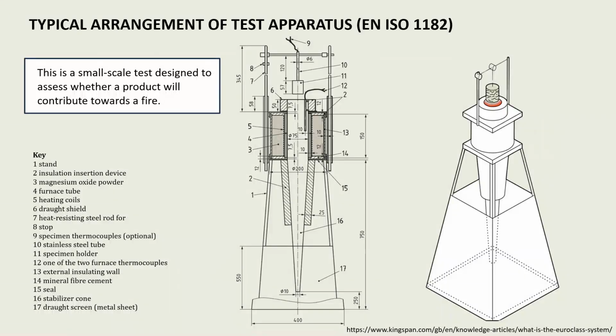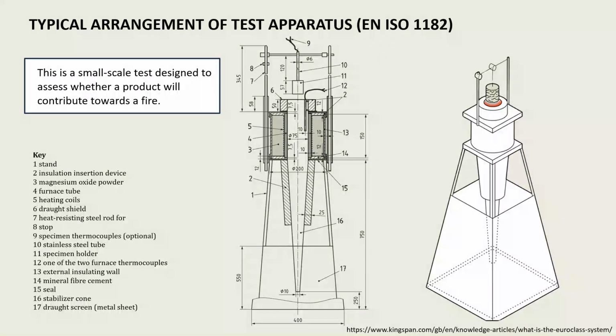The EN ISO 1182 test apparatus is carefully designed to provide accurate and consistent assessment of a material's non-combustibility. By maintaining a controlled high-temperature environment and using precise measurement tools, the apparatus ensures that the test results are reliable